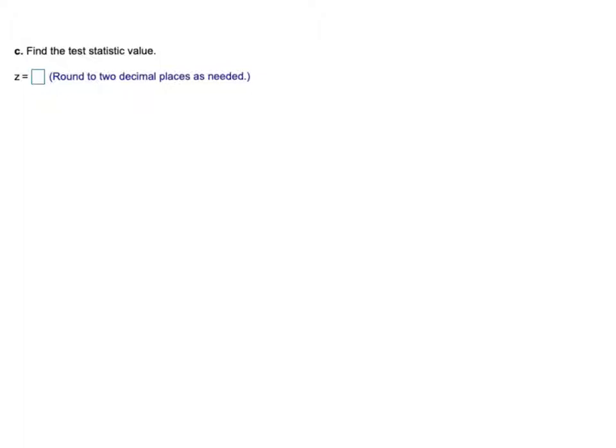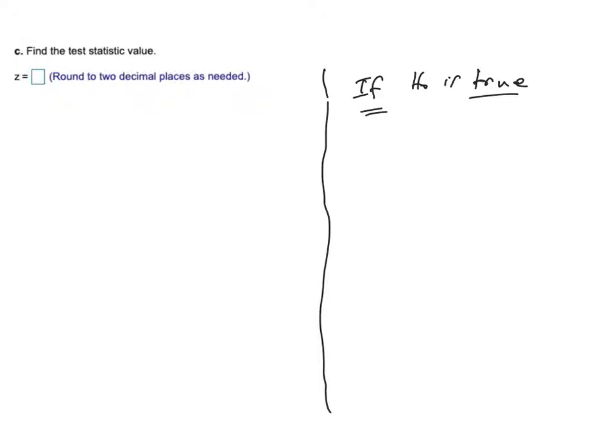Okay, and so now we get into the hypothesis testing part, and I'm going to draw the picture over here just because I want to continue to work on the logic of this as we go through. Obviously you don't have to keep drawing these pictures over and over again, but our picture that goes with this is the hypothetical picture. If that would be the case if H0 is true. So if H0 is true,